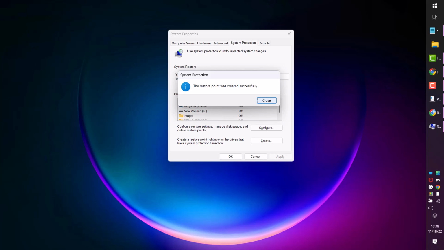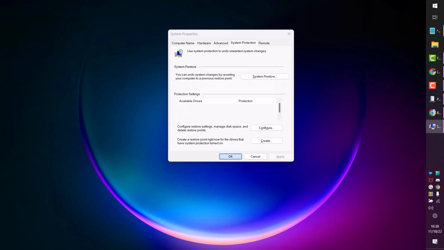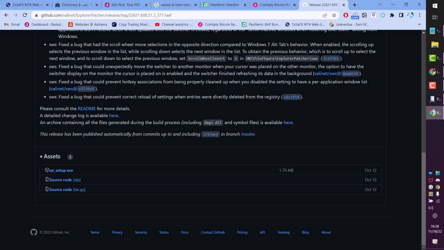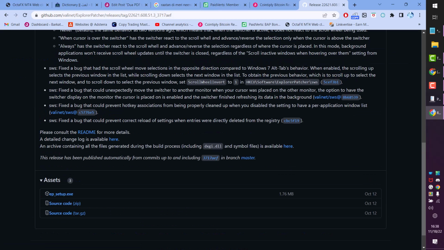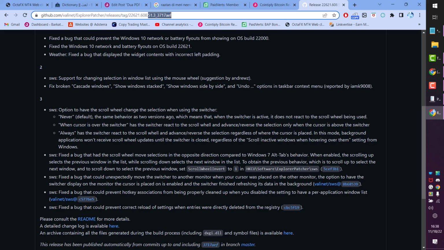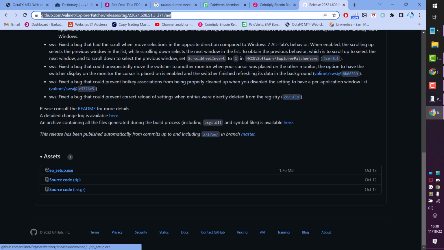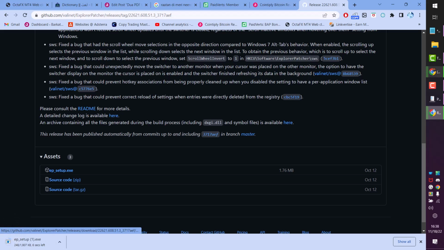Now once this is complete, close and restart your system. After restart, open any web browser and visit this website page. I will give the link in the description, this one. Now download and install this software. Once you have successfully installed this software on your Windows 11,